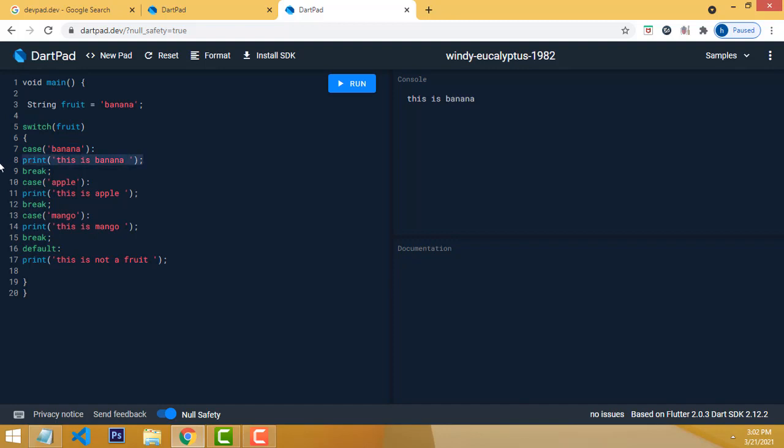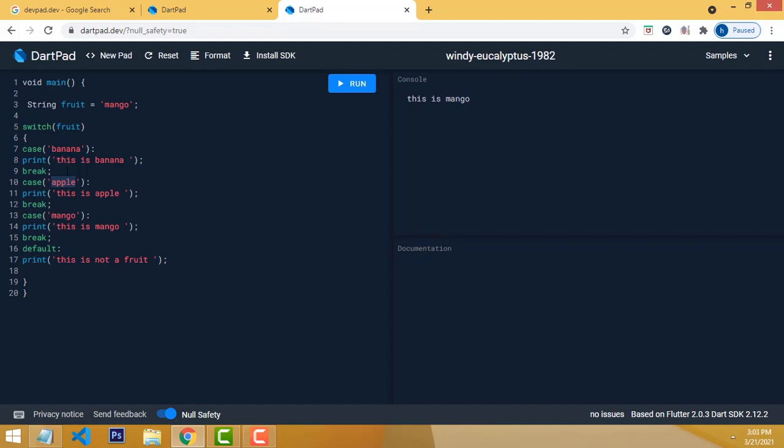If you put mango here, what happens? Now the fruit is mango. It checks the first case. Banana is not there, so it goes to the second one, apple. Here also mango is not there.